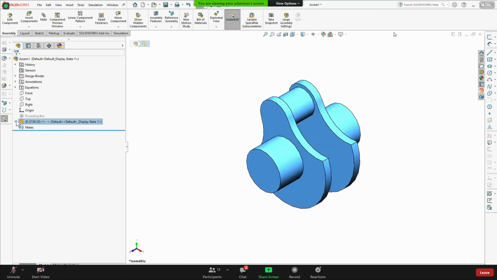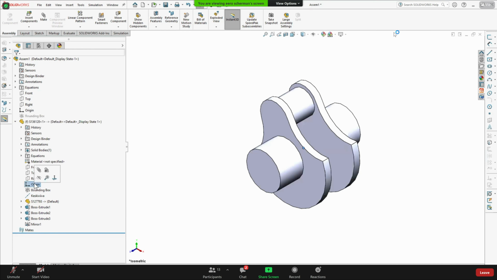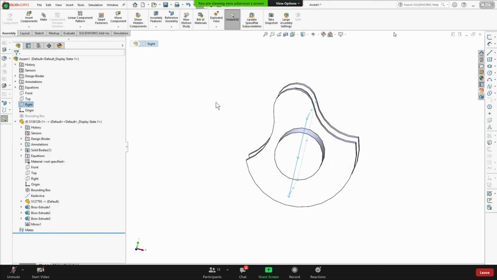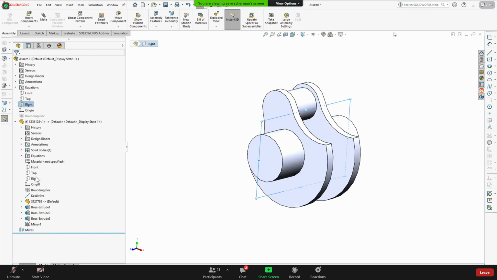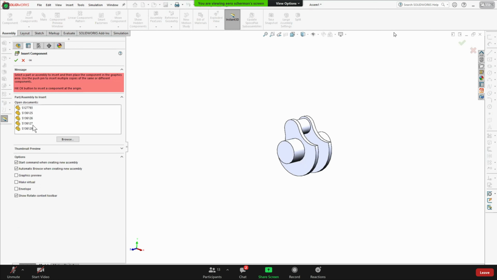What this does is, if I click here at the OK, it will position this base part in a way that the part origin is exactly in the same location as the assembly origin, aligned on the same axis. What that means is that, for example, the right plane of my part is exactly in the same location as the assembly right plane. This is quite a convenient way to make sure that your assembly will position the parts in a correct manner. And rightly, as you pointed out, if I now insert all my components in the same way,